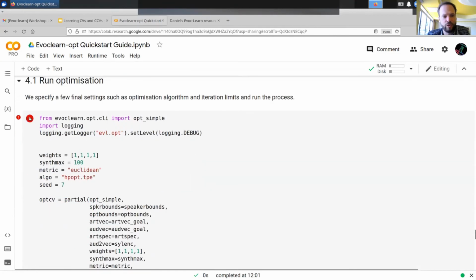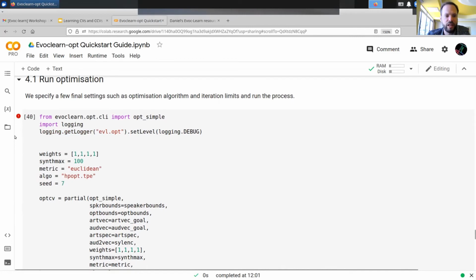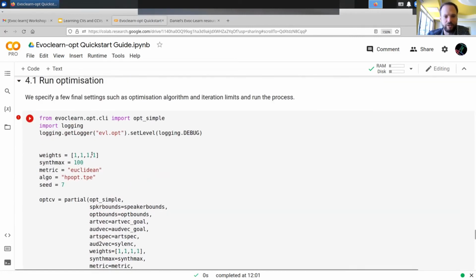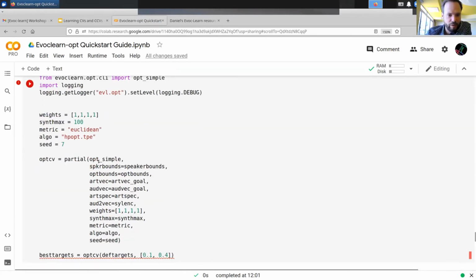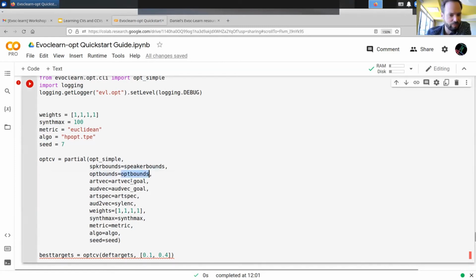Okay, and so the last part is just to combine all of this information and run the actual optimization. We can do other things like change the weighting between articulatory and auditory objectives, specify the maximum number of iterations or synthesis attempts to perform, and other aspects like the metric and algorithm, and of course the seed if you want to reproduce specific ones. So we set those up, and then we create an optimization function with the speaker bounds, the optimization bounds, the articulatory goal, the auditory goal, the specifications, the auditory mapping that we imported earlier, and the neural network. Then we run the optimization with our initial conditions, which is the neutral vocal tract. We specify the durations for the two segments, 100 milliseconds and 400 milliseconds, and then we can run the